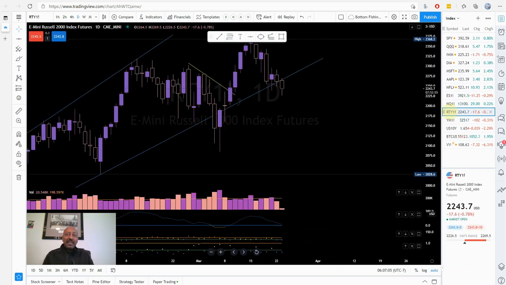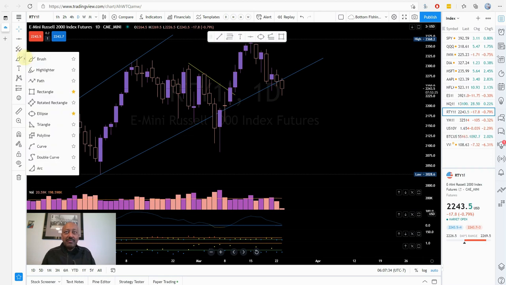Going down to RTY, the Russells, that is starting to break the monthly trend line on a daily basis. It has closed below the daily trend line. Yesterday, it came very close to closing below it. Today, if we continue down this trend, it will close below the trend line. And this would be an indication for me to start considering playing it on the downside